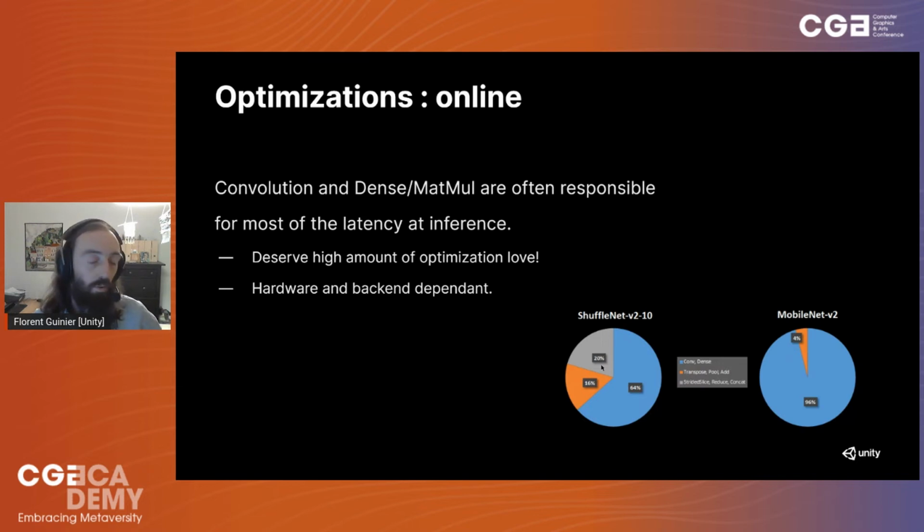Most of the network latency is due to the expensive operations such as convolution and matrix multiplication, which are also called dense. So let's say you have a network which does a gigantic convolution, which takes 99% of the time. Even if you do offline optimization and can remove everything else, you're still going to have 99% of that time. That is definitely something you could only optimize online. So it really depends on the network.